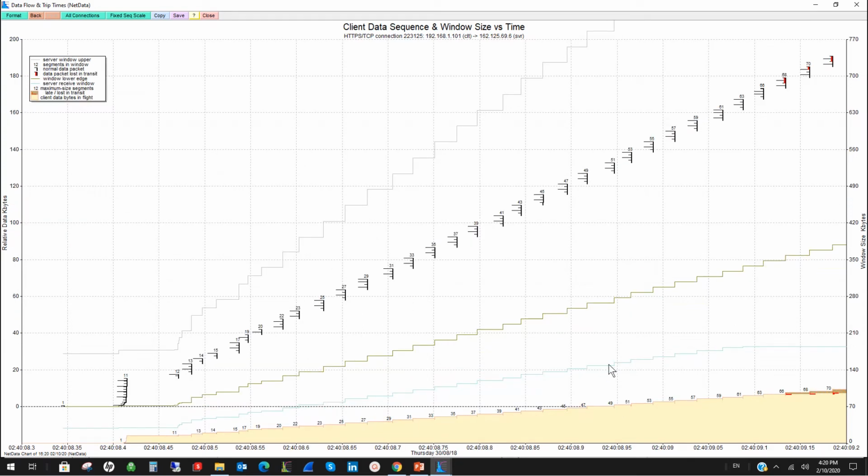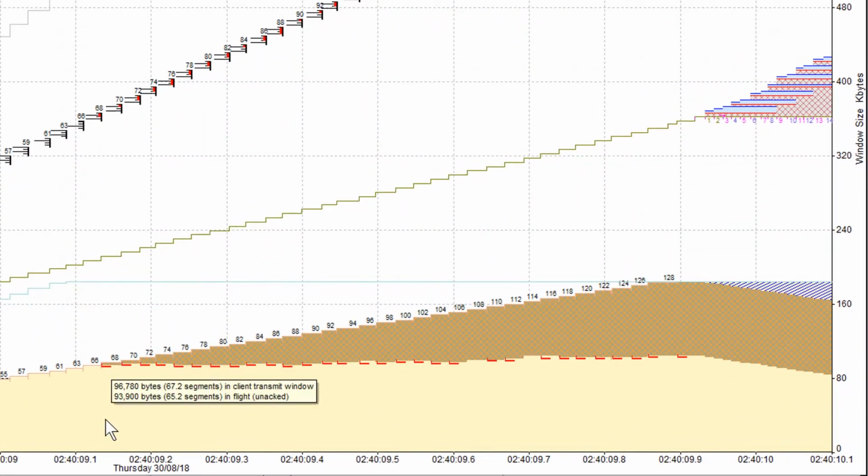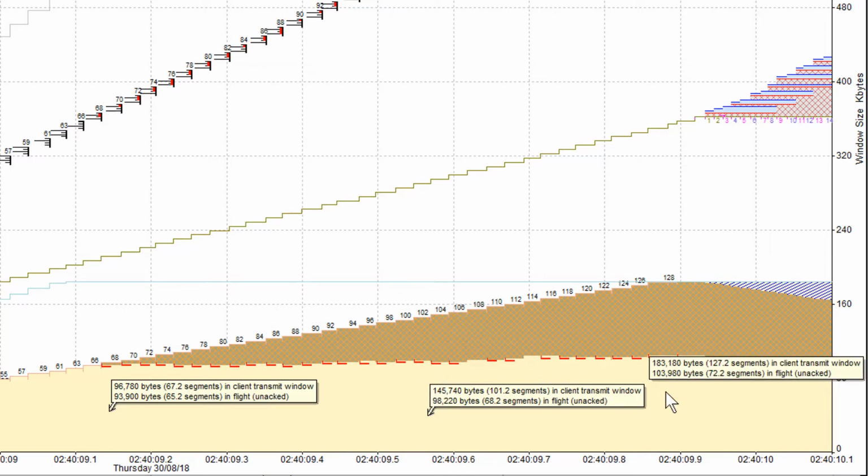Notice that the server's receive window keeps moving up ahead of our congestion window, but we do see something interesting. There's some red attachments to these packets. That means that as we got to this area here we start having packet losses. We can see that that area is around the 100k mark, and we also see that we keep getting packet losses, which gives us about 100k getting through, even though we've actually transmitted more. At this point in time we've transmitted 146, and at the height here we have